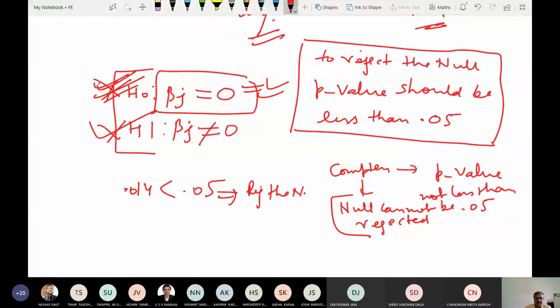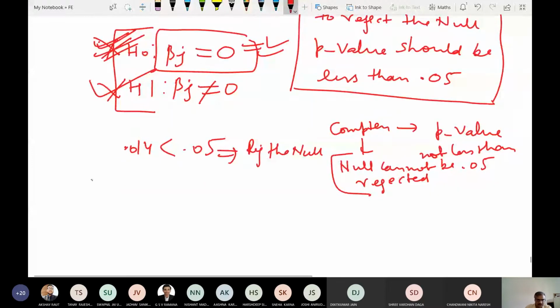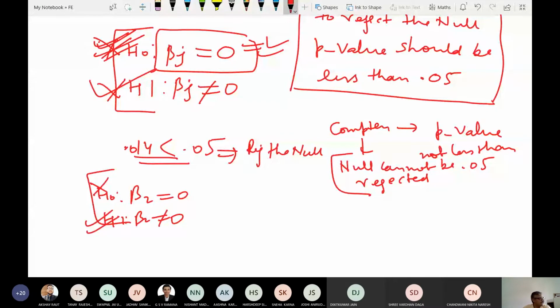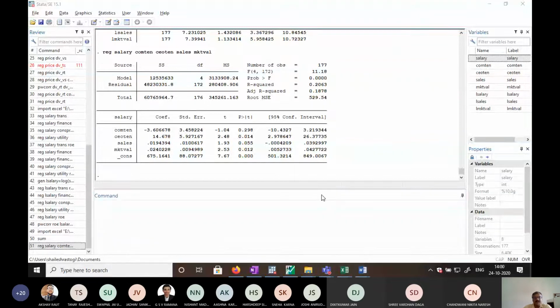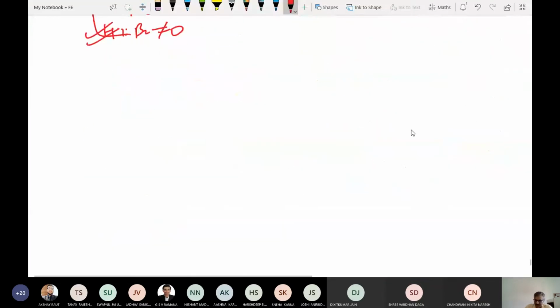So if I reject the null in case of beta 2, I write it here. H null: beta 2 is equal to 0, H alternate: beta 2 is not equal to 0. So in this case, we have to reject the null. So beta 2 is non-zero. So beta 2 is relevant. So the first variable which we understand is going to work for us in this analysis is